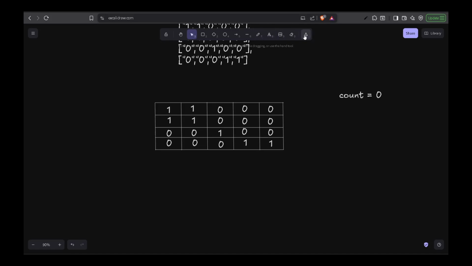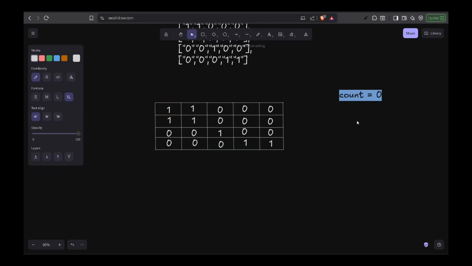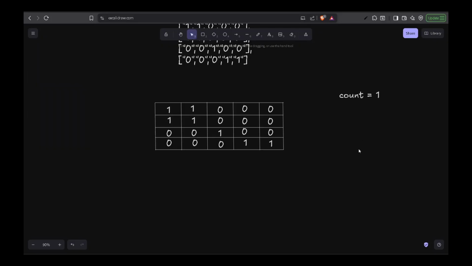We'll start the traversing from 0 0, that means from this cell, right? And in this cell itself we encounter a 1, so that means we'll increase the count to be 1, right? We'll increase the count. Now if we keep on traversing,